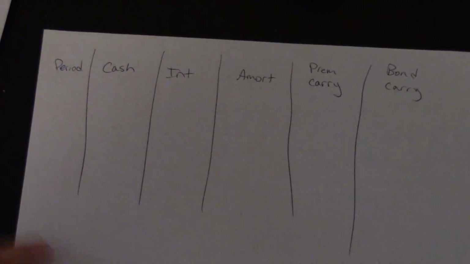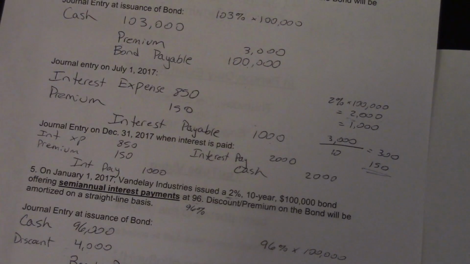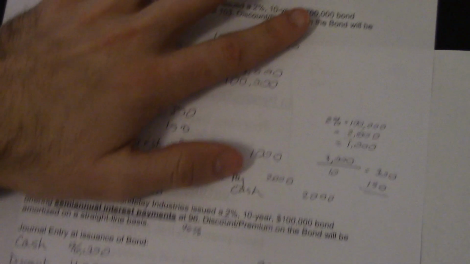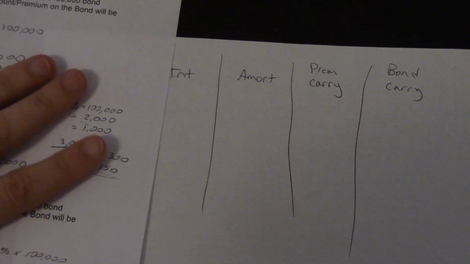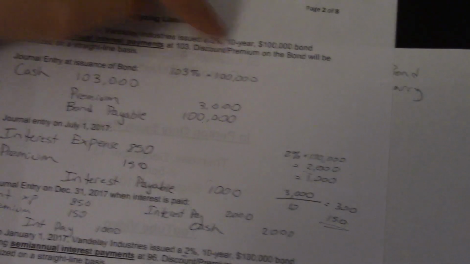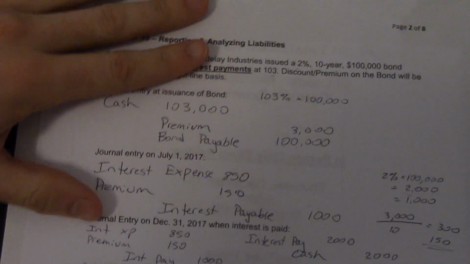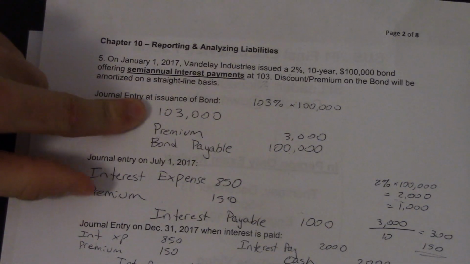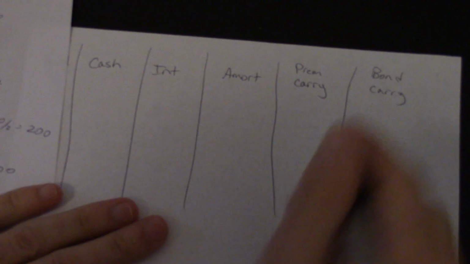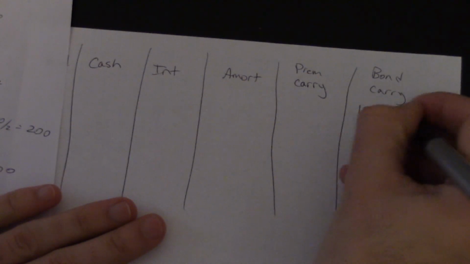So here we go. In our first problem, we've got a $100,000 bond, a 10-year bond, $100,000 with a stated rate of 2% and a price of $103. So our price is $103. That's what we calculated. So there's our bond carrying value